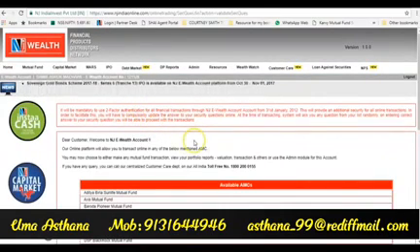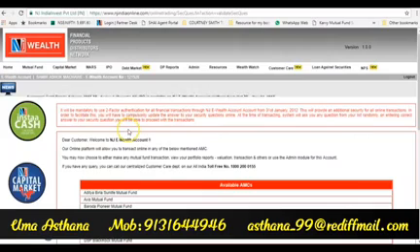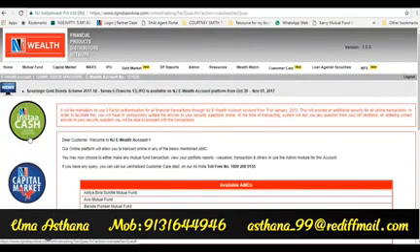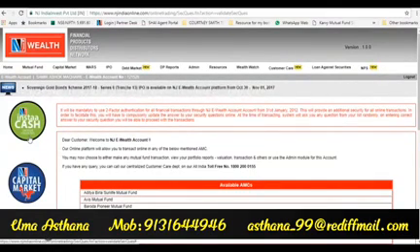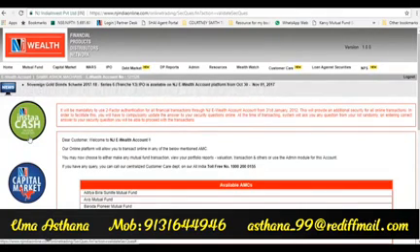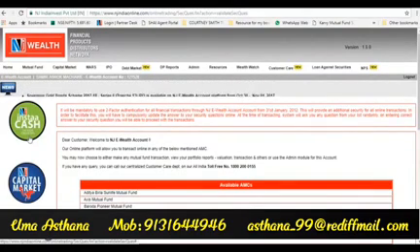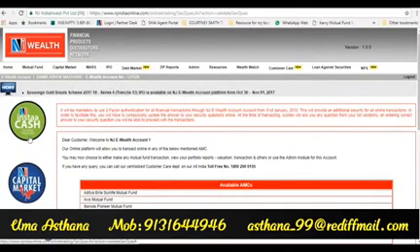Now you are inside your eWealth account. So first thing you see here is this InstaCash facility. This InstaCash facility gives you an access to switch your funds which are lying idle in your bank account, savings account typically, or the account linked to your eWealth account, to a liquid fund and enjoy higher interest, typically around 7% on that money which is lying idle and not earning much interest in your savings or current account.